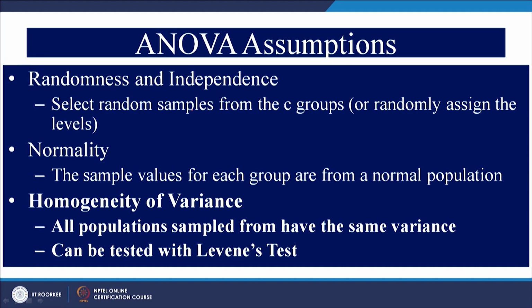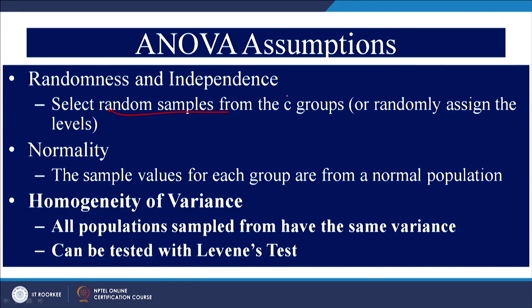Now, let us look at some assumptions about ANOVA. We did work out a couple of examples using one way ANOVA. In other words, we have worked questions on completely randomized design, right. What is completely randomized design? Wherein there is only one independent variable having different treatment levels, right.